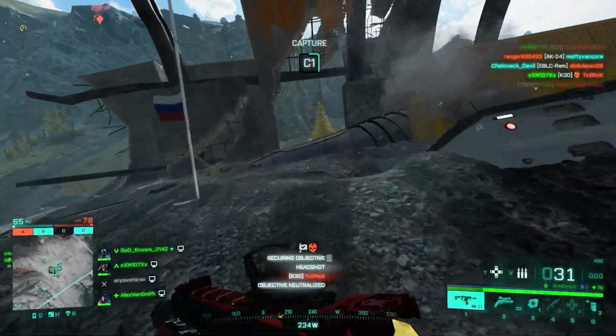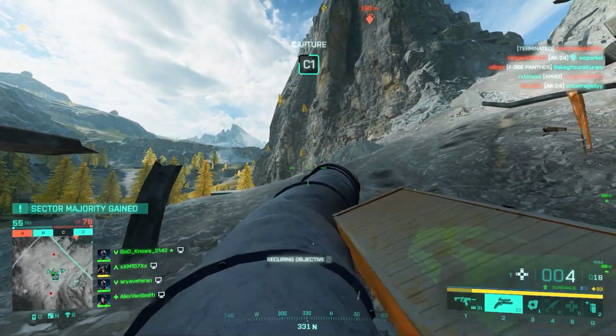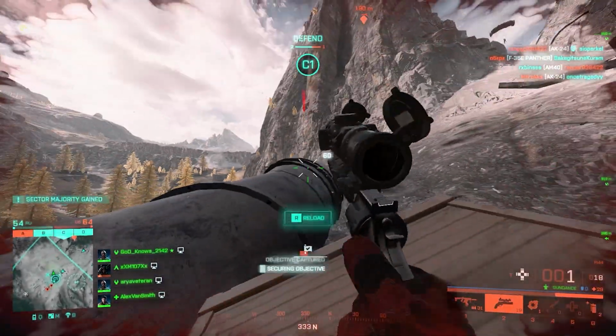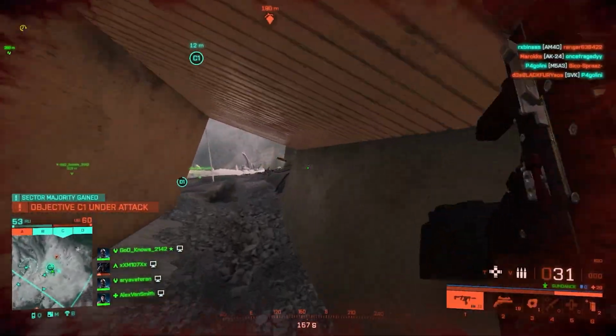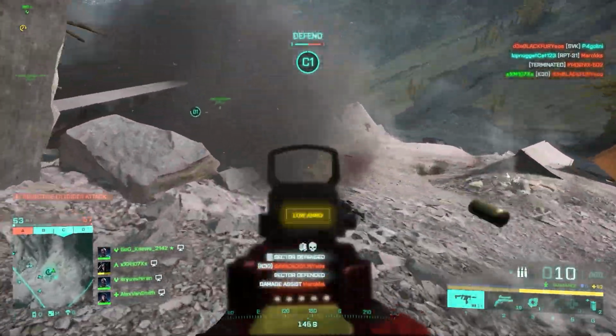Like, how much distance do you want to travel with this thing? How many of the maps in 2042 provide you those kinds of height to be able to jump from and gain some momentum and then fly up to some sort of skyscraper or something like that? It's really not that big of a deal when you think about it. So if you want to be a better Sundance